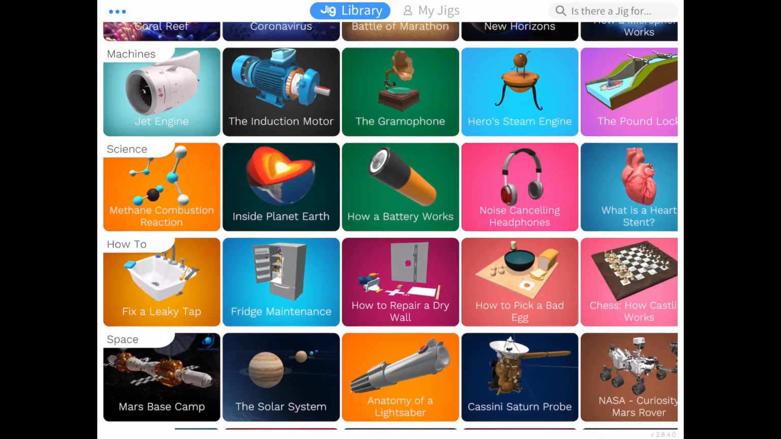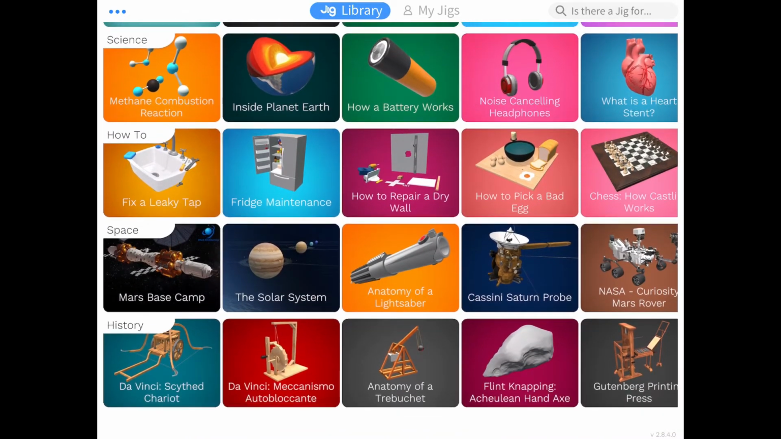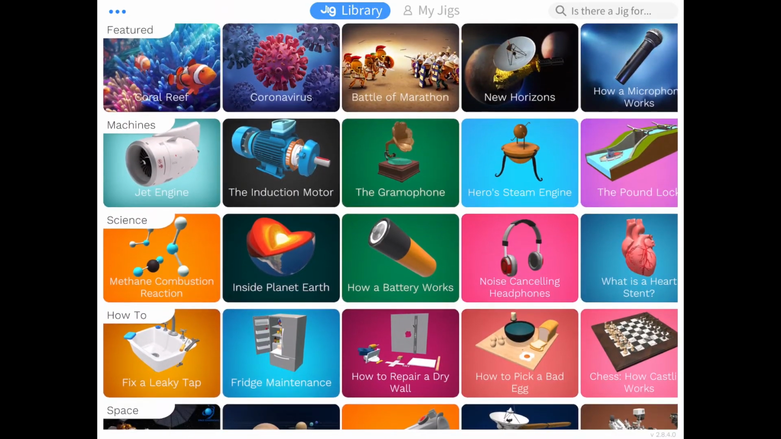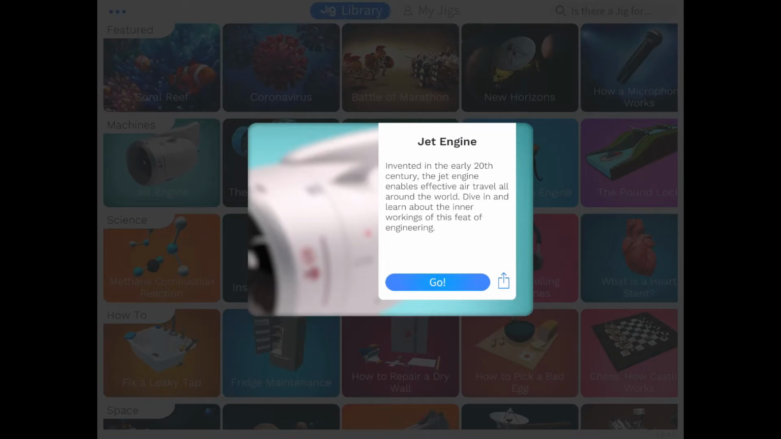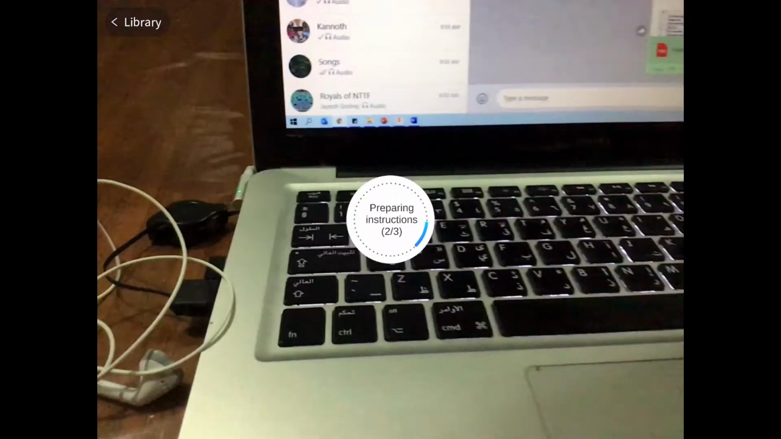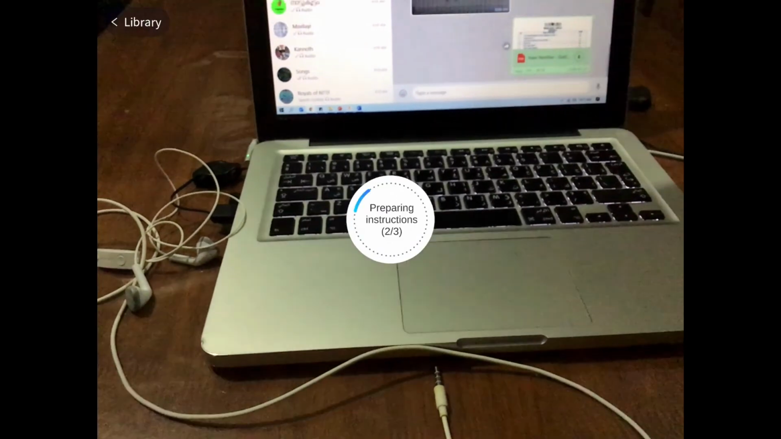Featured, machines, science, how to, space, history. They are all preloaded by the people who created this app. Let's say you are an aviation teacher and you want to talk to students about jet engines. You can click on the jet engine jig and click on go and just point your